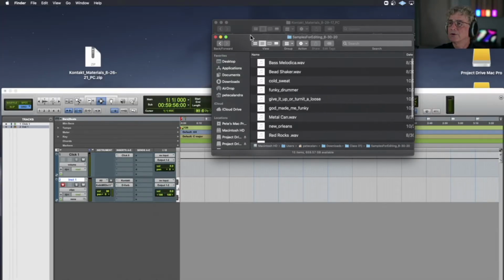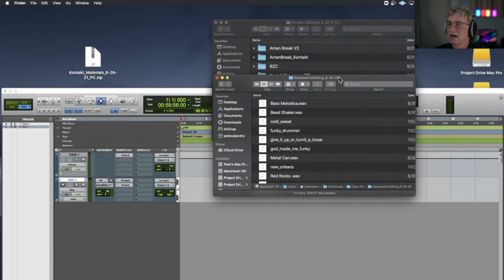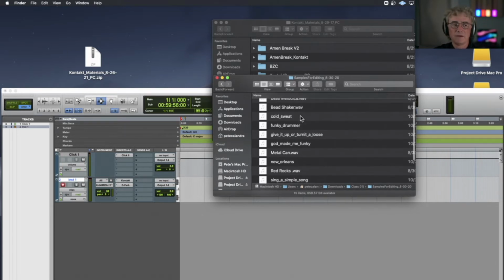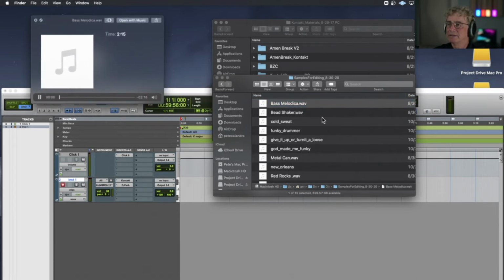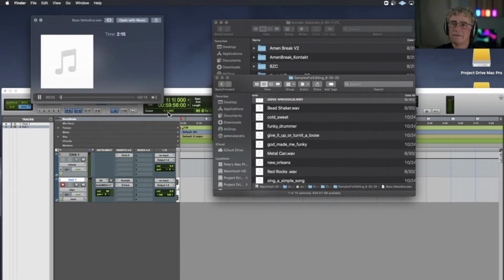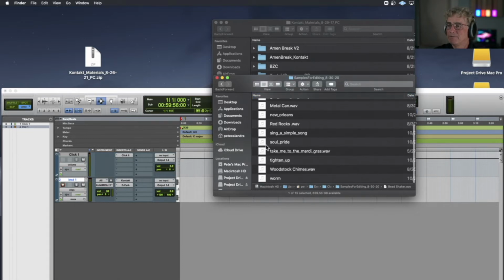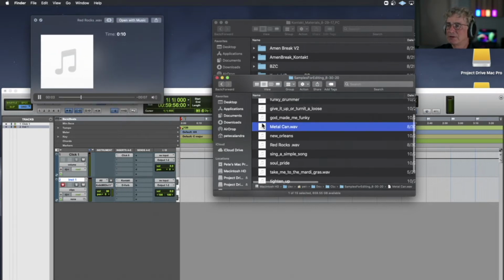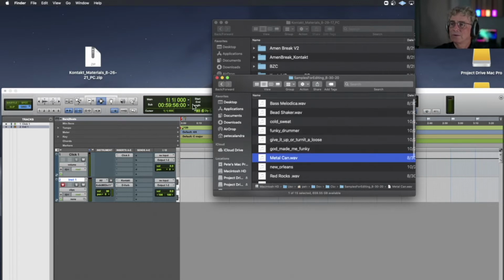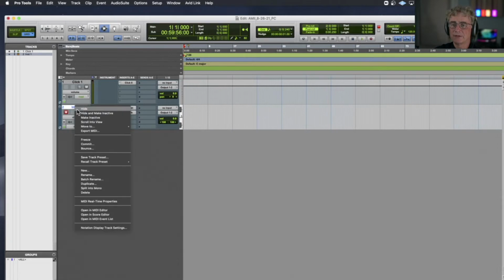Okay, so in this folder, the inside folder is titled from last year. I've got all these different audio files, right? So this is a bass melodica. There's a bunch of drum loops here, which I'm not going to play because they could block my YouTube video for you. There's some rocks. There's a metal can. Okay, so let's do this. Let's take that bass melodica, and then what I'm going to do is